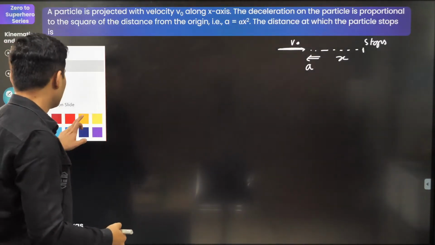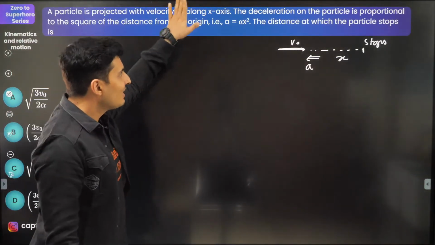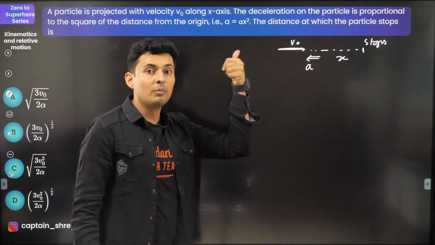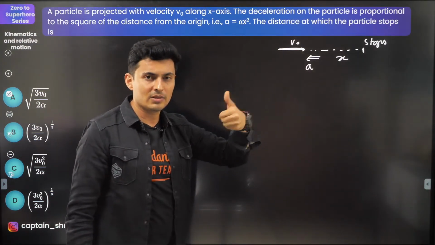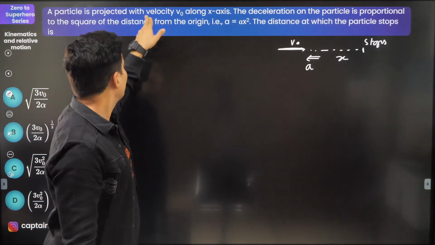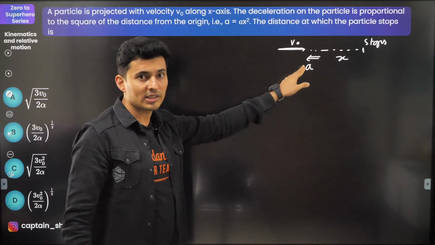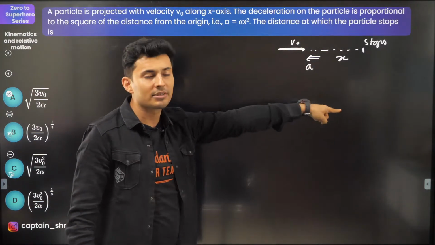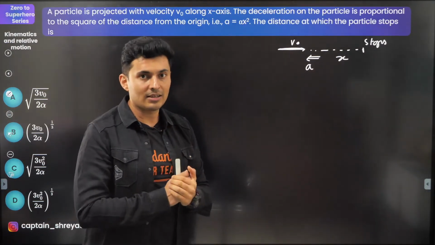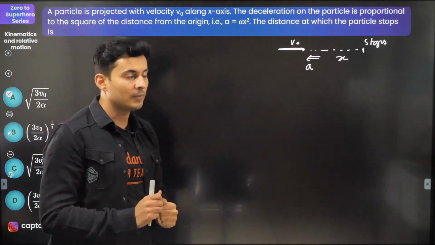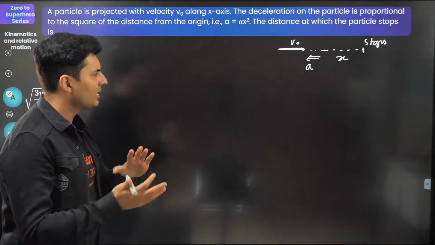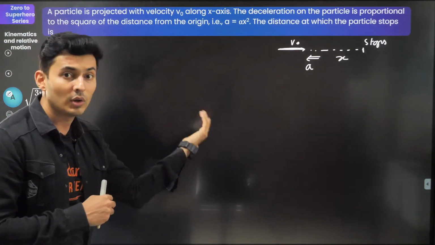So let's try to solve this. First of all, whenever you see that acceleration is variable, you should quickly remind yourself that most likely it will be a question on derivatives or some kind of integration. You can see that there is some initial condition given. The particle is projected with a certain velocity. Also, it's mentioned that it stops. So these conditions usually might become the limits of such an integration. Now, let's try and solve this. Acceleration, velocity, distance; time not given.